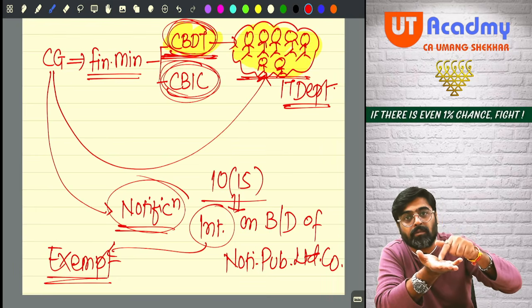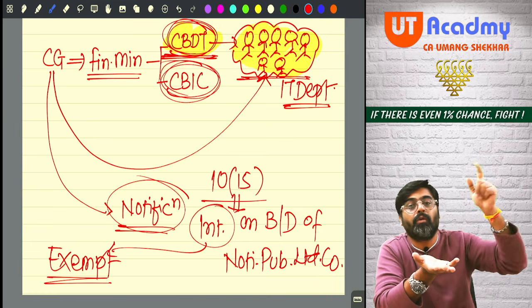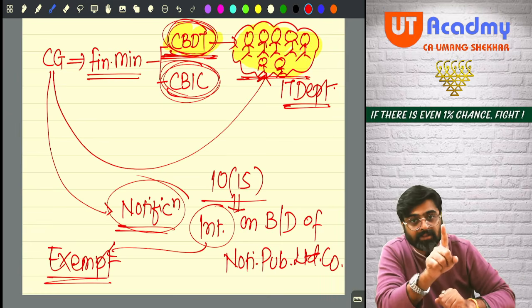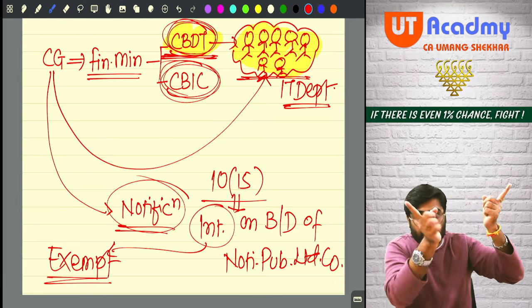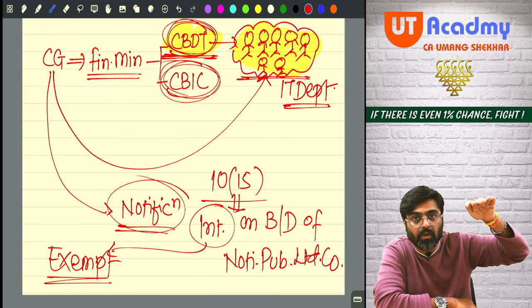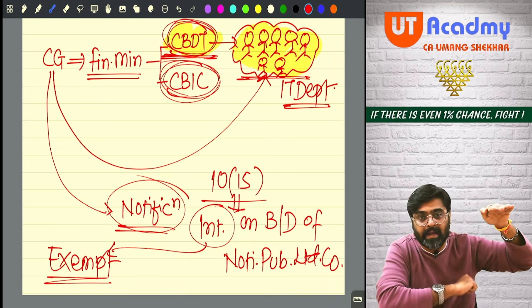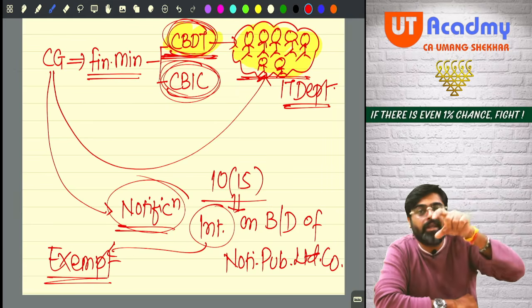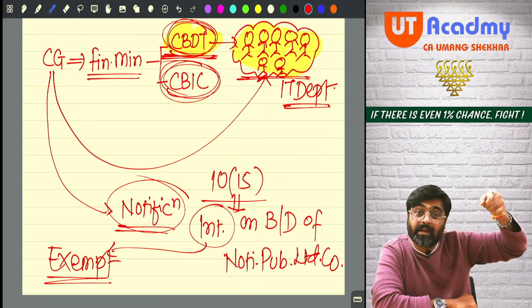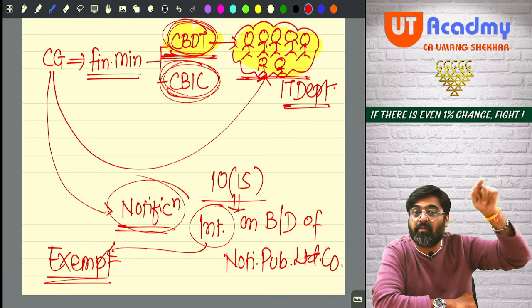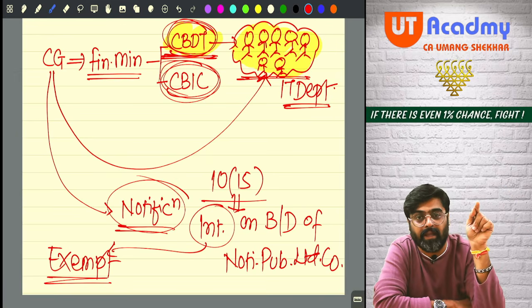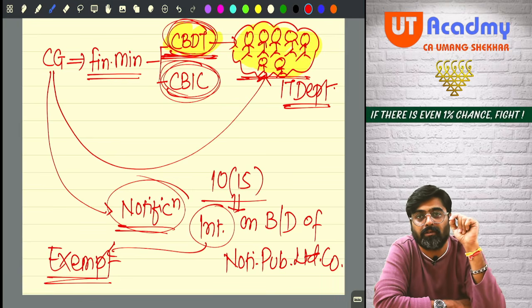Will you suffer from this order? Whom will you complain to? So there has to be some authority in the income tax department itself, no? Who will listen to you? Who is independent? So there is one authority in the income tax department itself. The name of that authority is CIT, appeals.